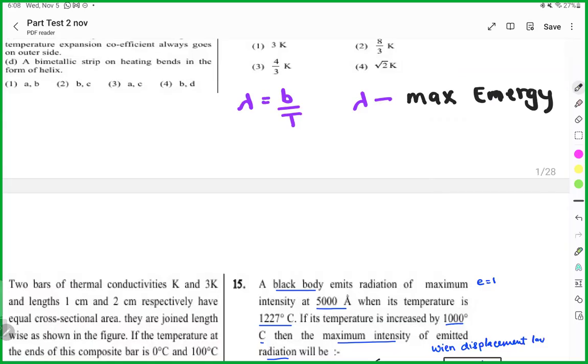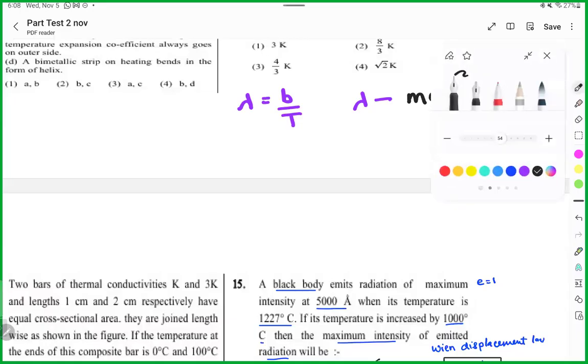This is the maximum value, you will never get a value more than this. Why? Because according to the formula